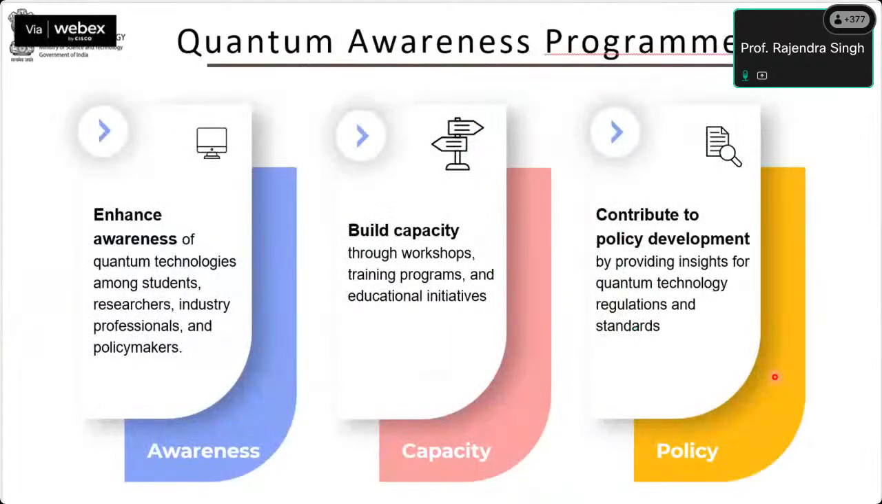Now come to the second thing, the quantum awareness program. As I told you, we want to have capacity build-up through workshops and training programs. This is an online workshop, but we are also organizing offline workshops, because then you can interact directly with the faculty. We can showcase what technologies are being developed, and you can directly interact with the researchers, PhD students, and so on. Then there are hands-on programs,